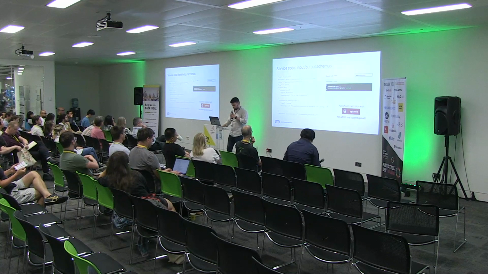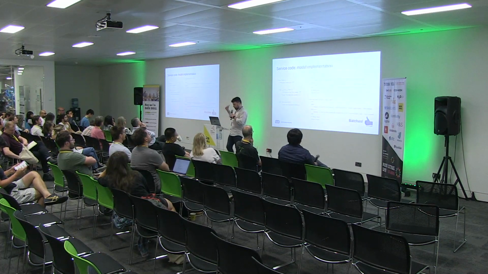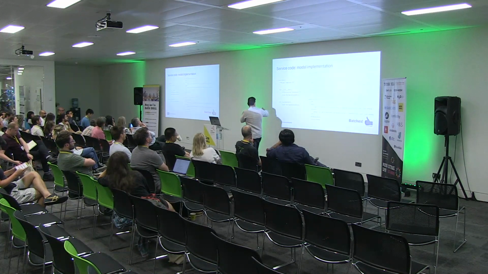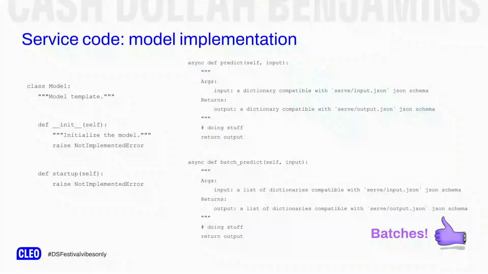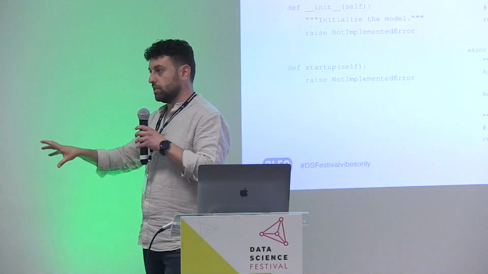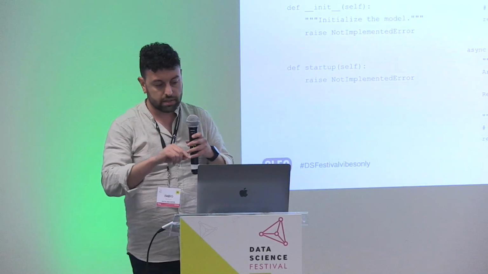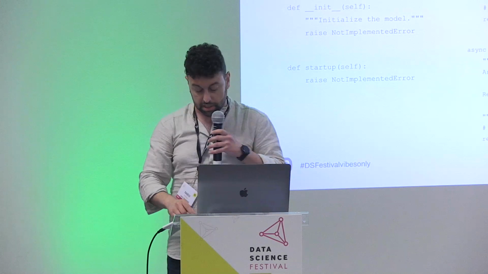Of course, the service code is not just this, but it is also the implementation of the model. So we have a class. You have to define a method in order to be able to initialize the model. This is a very complex thing. Then we have predict and batch predict, basically. Batch predict means that we are fulfilling the other requirement: we are able to handle batches. This depends on the content type of the request that we are sending to the service. If it is JSON, you will be using predict. Otherwise, if it is JSON lines, you will be using batch predict.